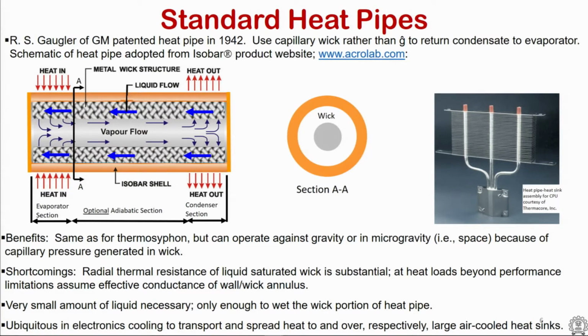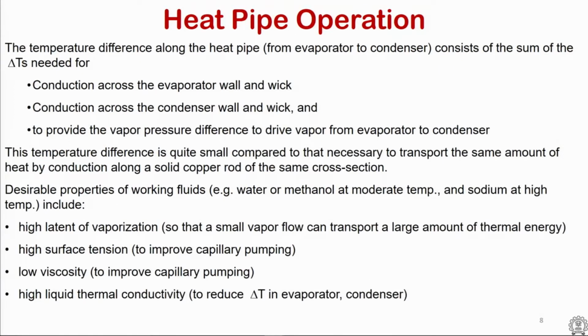So, let us have a look in some detail at the operation of a heat pipe. We will first briefly discuss the heat transfer mechanisms, and then we will look at it from a thermodynamics perspective. From a heat transfer mechanism perspective, as we dump heat into the heat pipe evaporator end, there is conduction across that evaporator wall, and then from that the heat is conducted into the wick. So, the effective thermal conductivity of the wick is also important, and then there is latent heat transfer, that is essentially the liquid